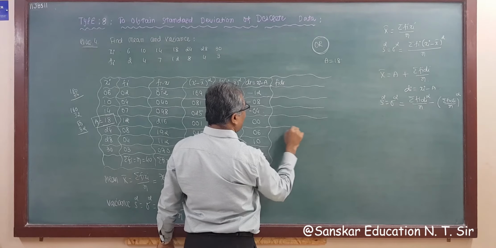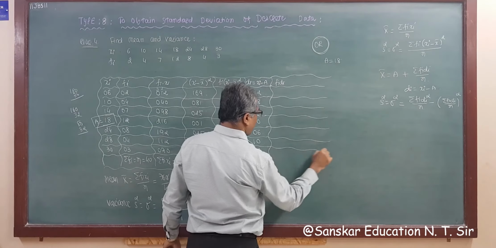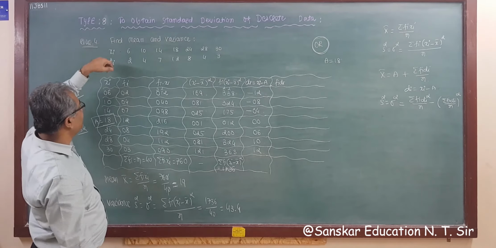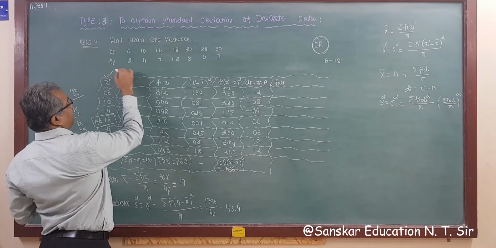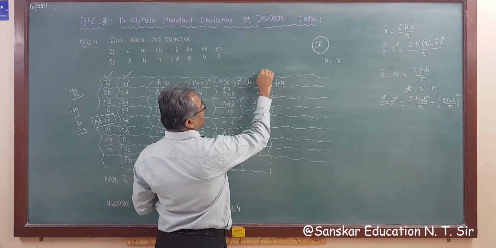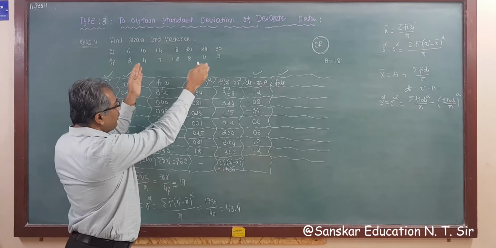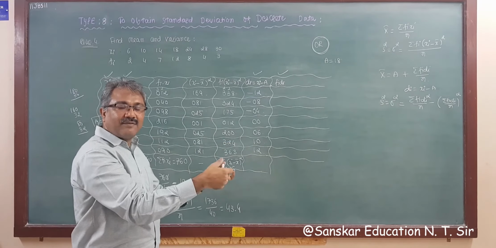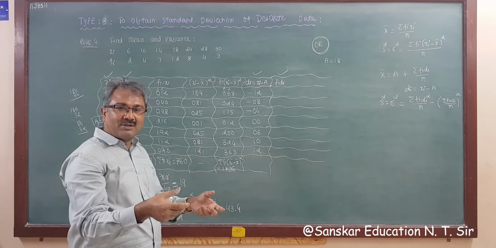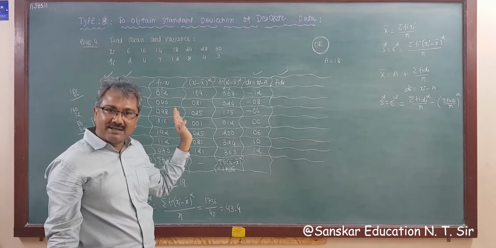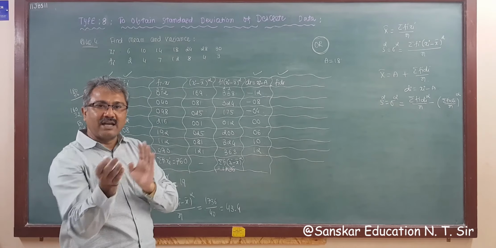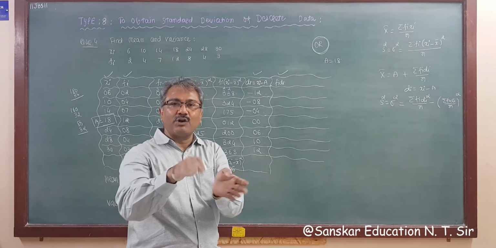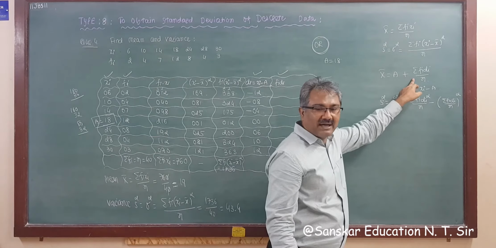Now compare the two methods. If you want to apply the second method directly, you require only xi and fi, and then start directly from this. So no need of these three columns for the second method. But we are finding both together, that's why we are writing like this, instead of making another table. So in the exam you have to prepare the table according to what you require in the formula.